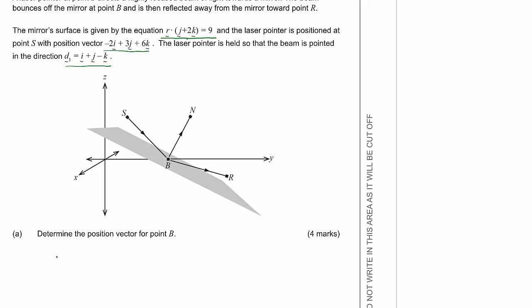So if we think about that line, we know it originates at (-2, 3, 6) and then goes in the direction (1, 1, -1), and the plane is r dot (0, 1, 2) is equal to 9, and